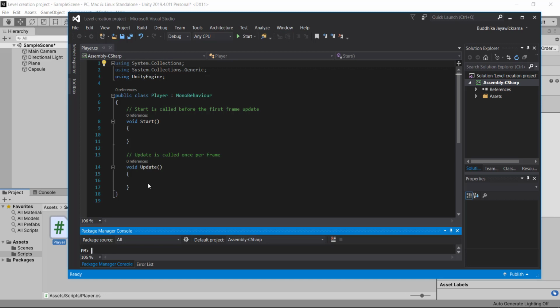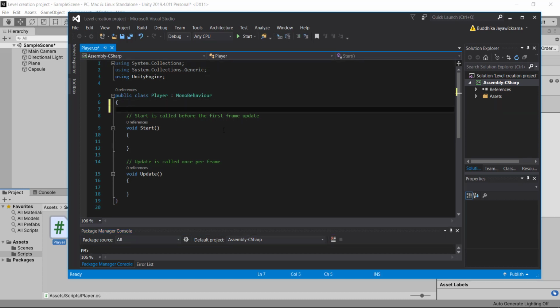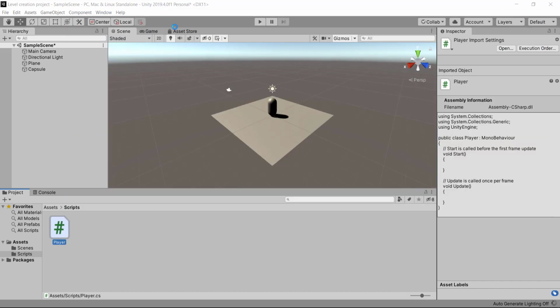First of all, let's add the reference to our character controller in our player script so that we can access it during the gameplay. Let's make a public variable of character controller type and let's name it character. Okay, so let's save our code and go back to the Unity editor.